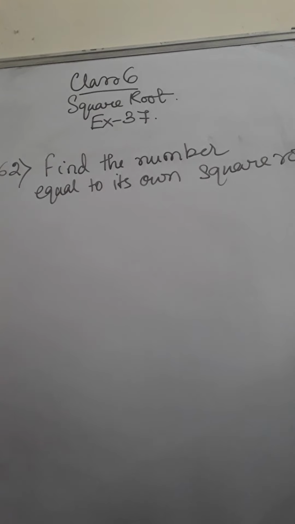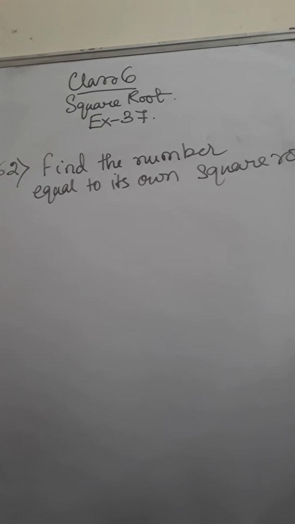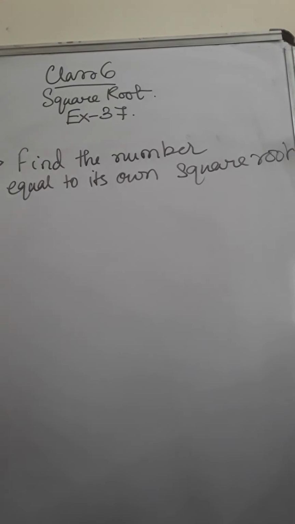Sum number 62. Find the number which is equal to its own square root. So there is a number which matches with its own square root value. For example, if we take 4 and if we find its square